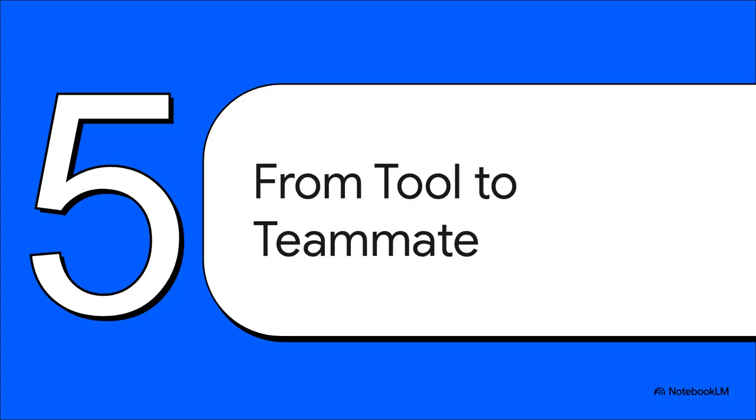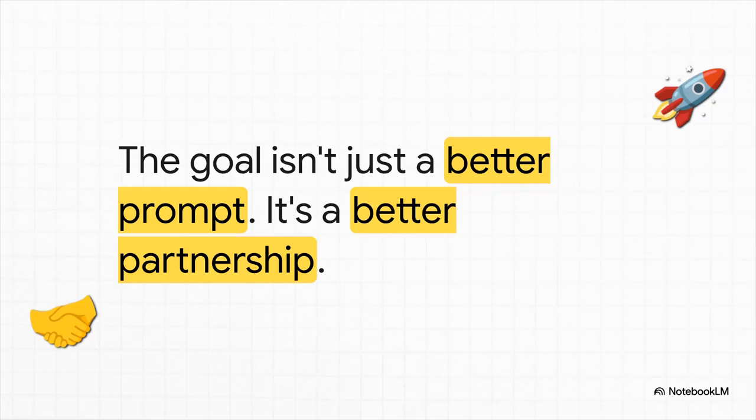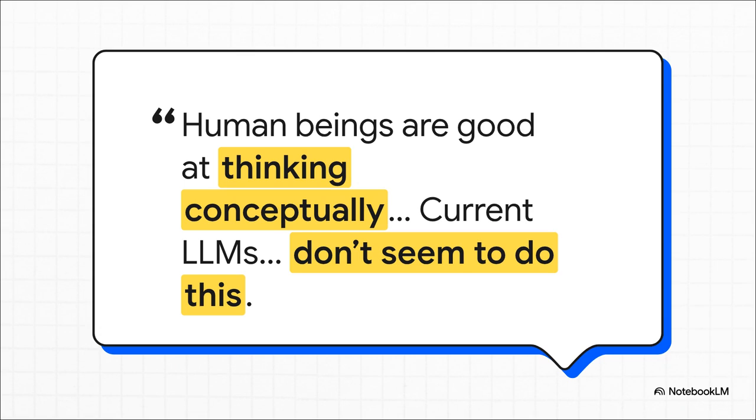So when you start putting all these different pieces together, you've got the right approach, you've got your toolkit, and you know how to handle the pitfalls, something really powerful starts to happen. You start to shift your entire relationship with AI. Because at the end of the day, the goal here isn't just to write one single perfect prompt. It's about building a better partnership. You're making the leap from giving orders to a machine to actually collaborating with a teammate. And your role in that partnership?